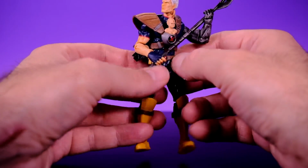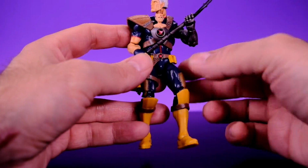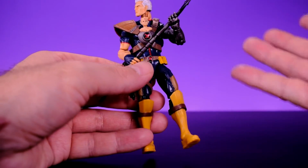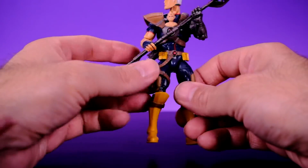And man, I just don't know what it is. I feel like even though Hasbro's doing a great job with Marvel Legends, they don't put the passion into it that they do with some other lines, even with other Marvel lines. And then even with other 6-inch lines, it just doesn't make a lot of sense. It's really strange. Some of the stuff that's going on here, they aren't doing on Marvel Legends,